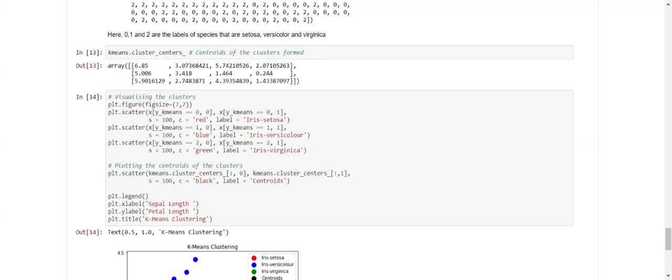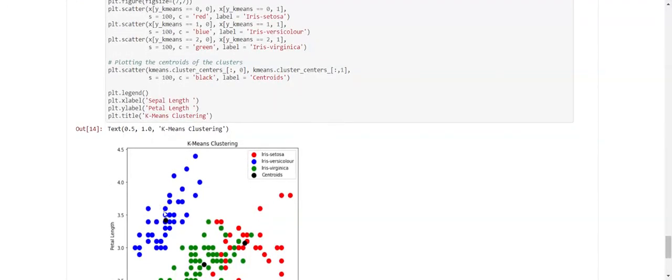For that I have given the plot size, and then I have used a scatter plot. I have given x[y_kmeans == 0, 0] and x[y_kmeans == 0, 1], and then I have given the size and the color, and the label as iris setosa. The same I have done for iris versicolor and iris virginica.